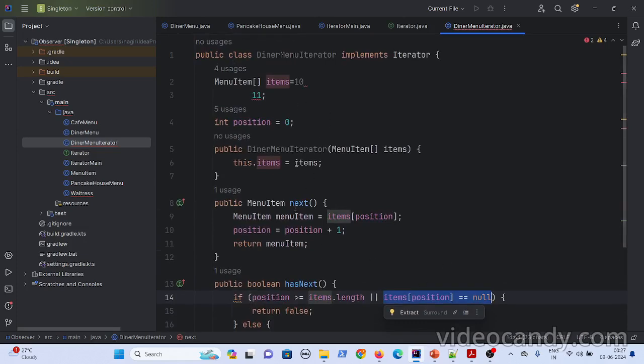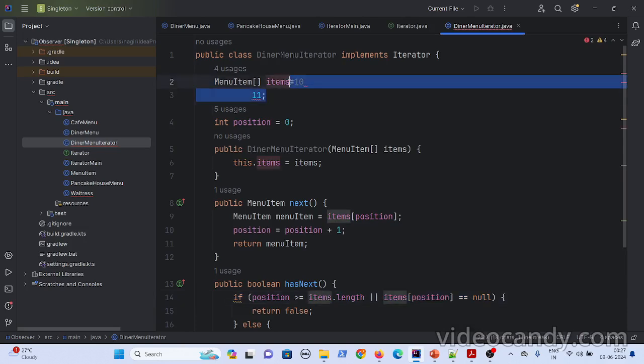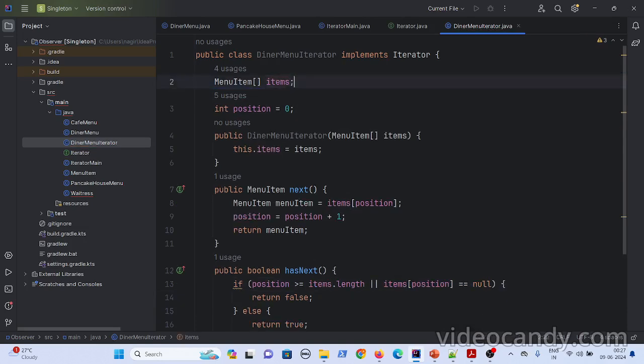Now see, one condition is handling the boundary condition, the right boundary condition. If you are trying to fetch an element that is out of the boundary of this array, it will return false. And one more thing is, with a primitive array, initially you assign some memory, like you specify the size of the array.